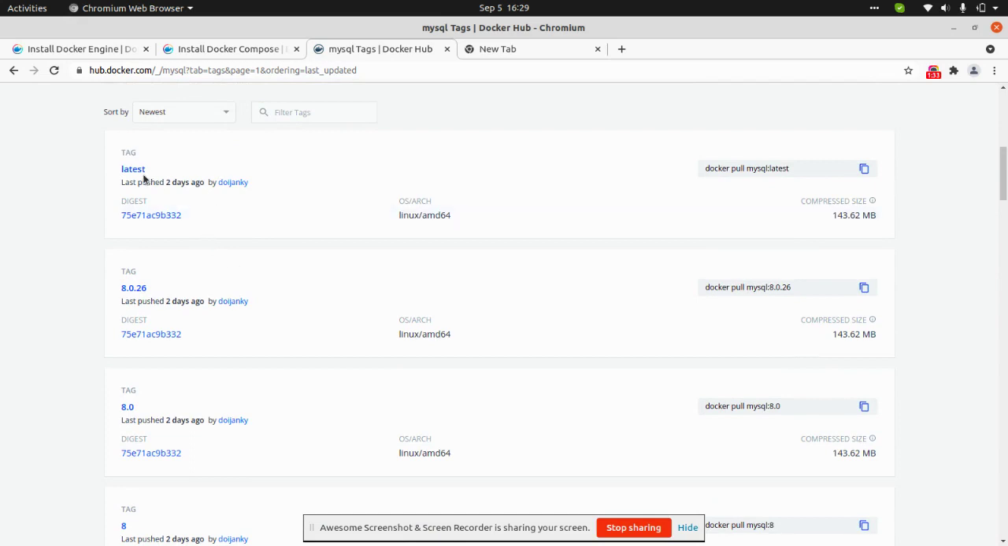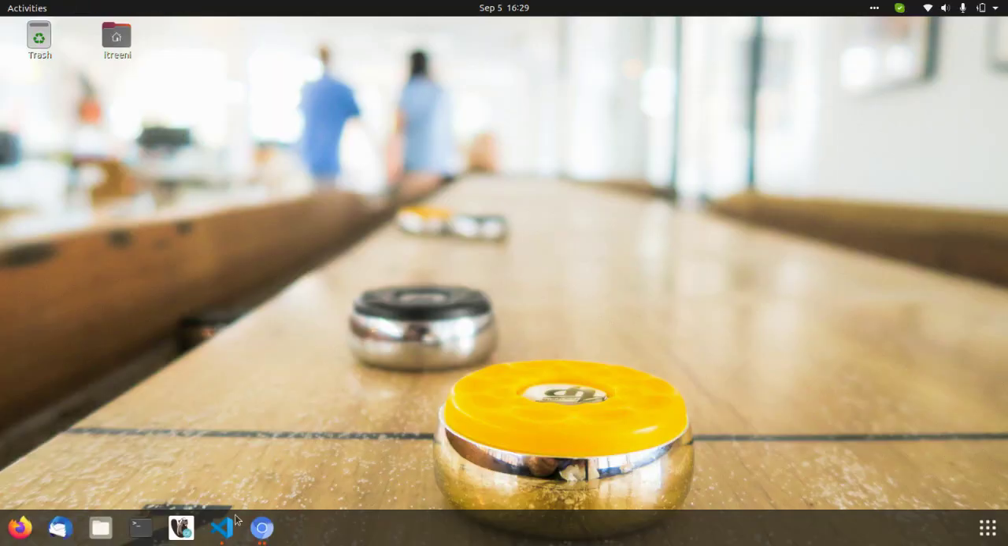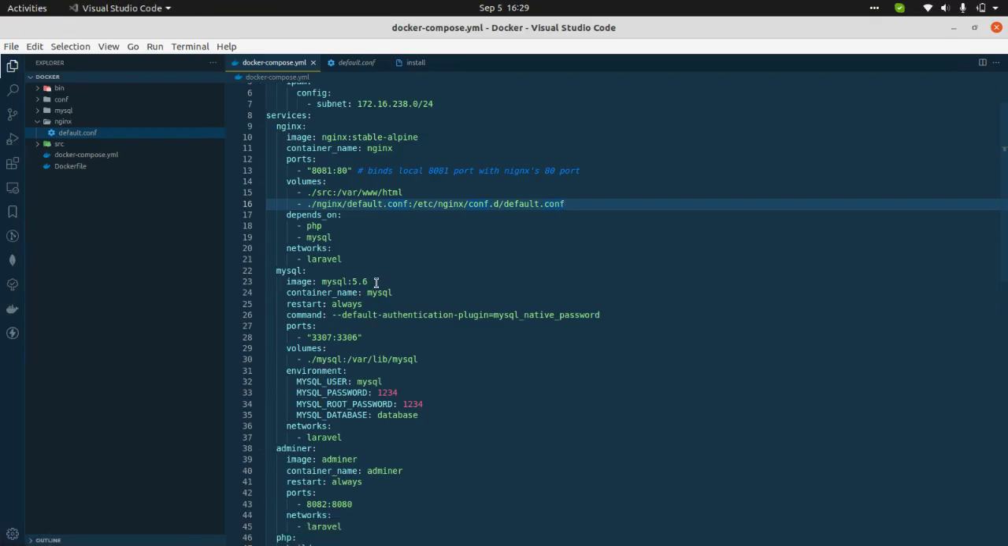So you can use tags as latest, 8.2.26, or 8.0 as per your project needs. I'm just speaking with 5.6. There are a few other settings which are not covered in the Nginx service, that is command. So as of now, in MySql, we are instructing the MySql container to use a default authentication plugin, as MySql native password. We are mapping the ports from 3306